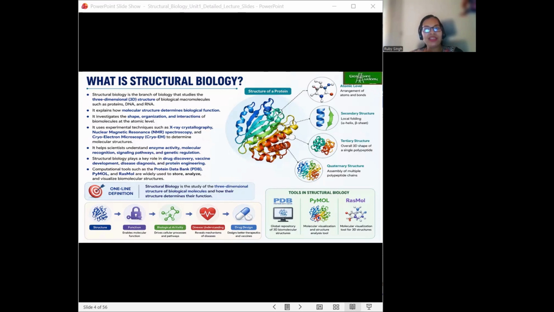So, in our previous introduction, we discussed what we were going to cover throughout the structural biology series, right? So today, we are starting with the very fundamental question: what is structural biology? As you can see over here on the screen, structural biology is the branch of biology that deals with the three-dimensional structure of a biological macromolecule such as proteins, DNA, and RNA, that we have discussed yesterday also,